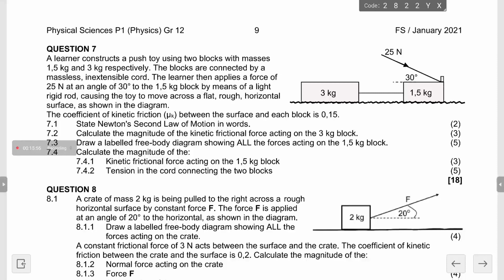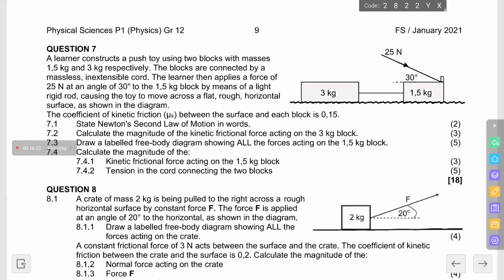The blocks are connected by a massless inextensible cord. The learner then applies a force of 25 newtons, as we can clearly see from the diagram as well, at an angle of 30 degrees, which is information that we need to take note of, to the 1.5 kg block